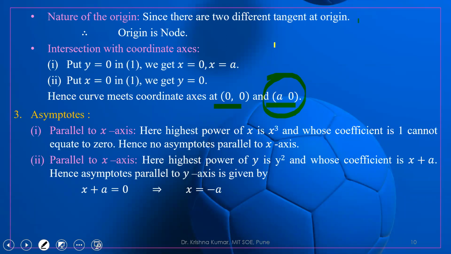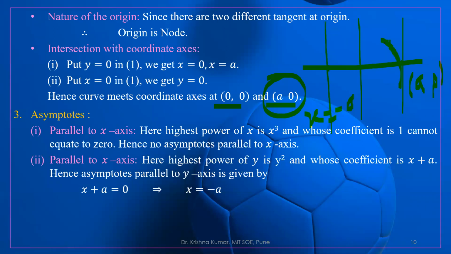Okay, so let us see here if we trace this curve. This is the x-axis, y-axis, correct? So what is the asymptote? There is a point, this point is x equal to minus a. And another point is on the x-axis, this is a, 0. If we find the tangent at this point, it is perpendicular to the x-axis. So now we will get one loop. This is called a loop. So we will get it like this.